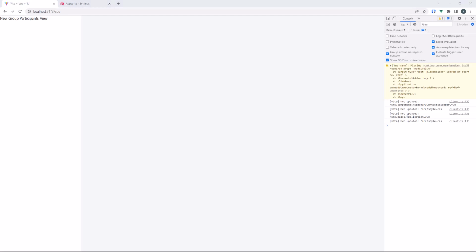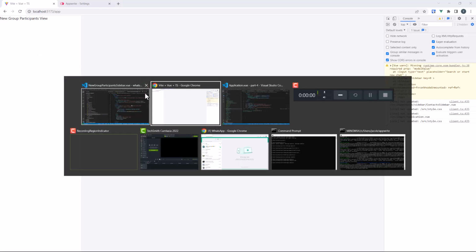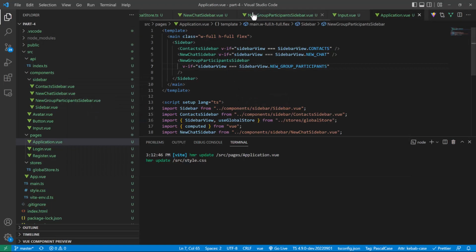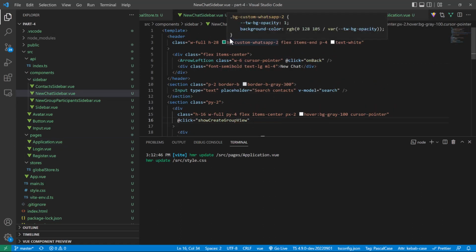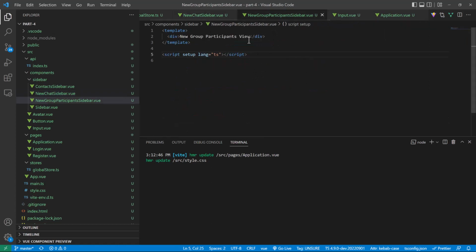The first thing that we're going to need is the same header. So we'll just create this. We're going to need the same header as we have in the new chat sidebar, where we have this header, which is a custom background. So we're just going to need the same exact thing here, but we're going to need one small difference for the stylistic thing. So let's create a main,